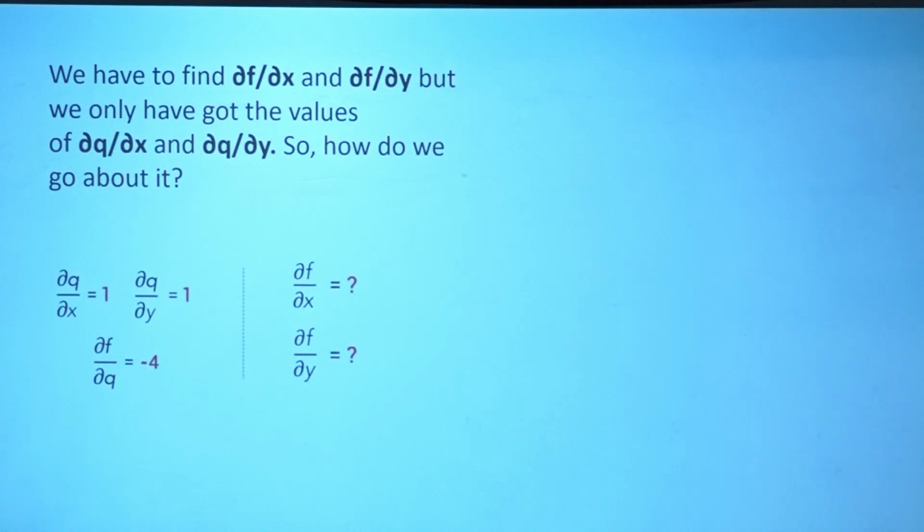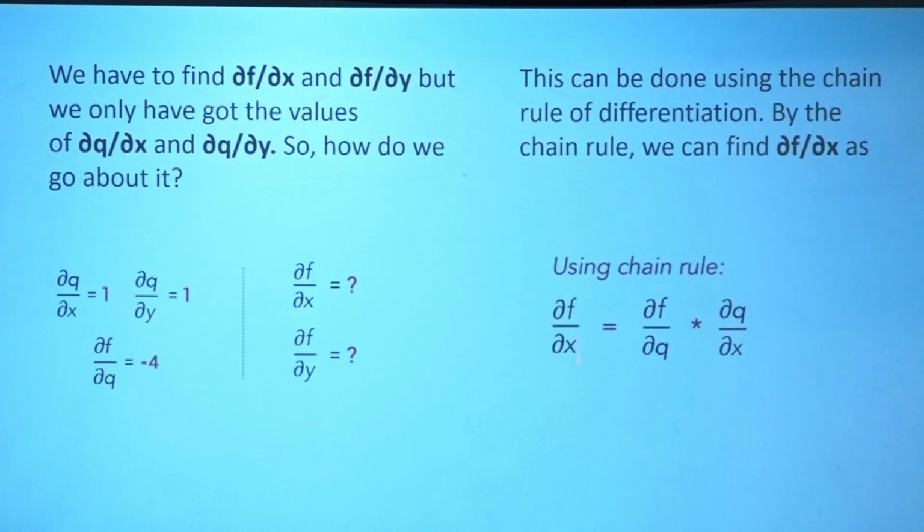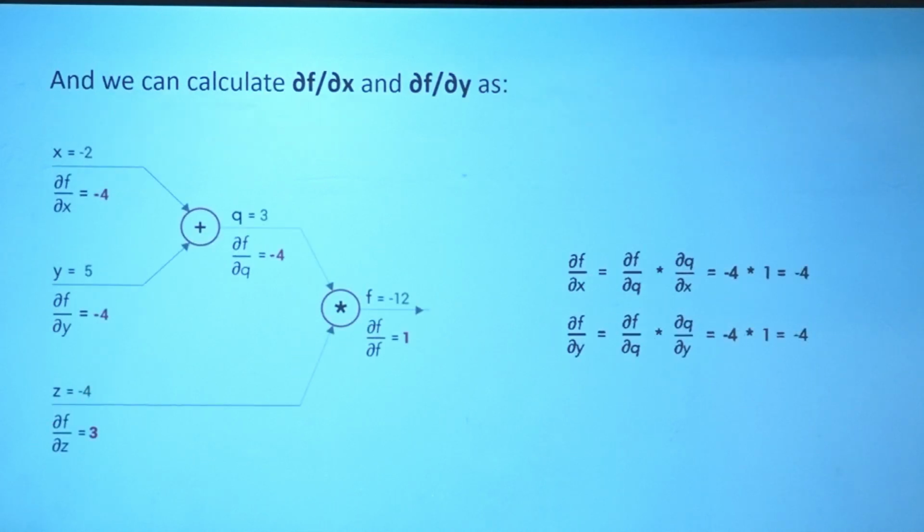From the chain rule of differentiation you can get it. Right. From the chain rule of differentiation you can get dou f by dou x as dou f by dou q multiplied with dou q by dou x. With this equation you are now able to get these values. This part you had explored in the very first 2 weeks of sessions along with the exercises. So simple one.